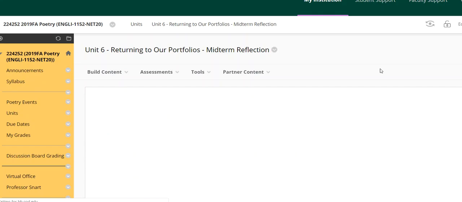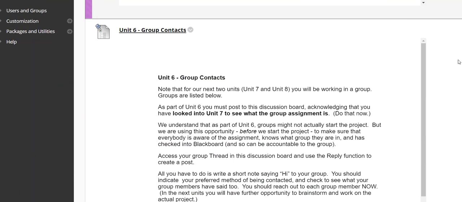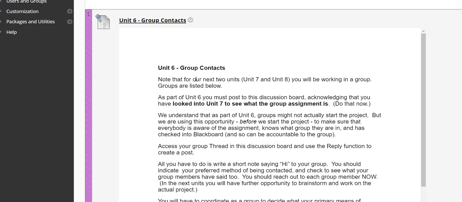So if you remember, Unit 6 had you doing this midterm reflection, pretty straightforward, and then, really important, making sure that you were posting to this discussion board, which was arranged by tentative groups that I had randomly put together, so that you were connecting early with your group as a way to lay the foundation for a successful Unit 7 and 8, where you're actually working with your group to do the group project.